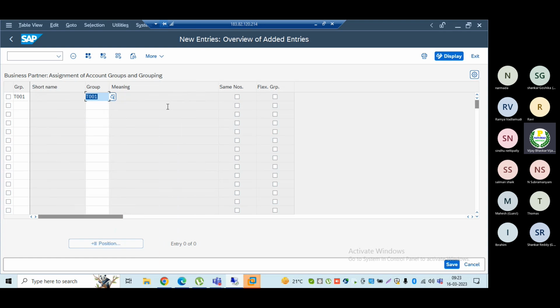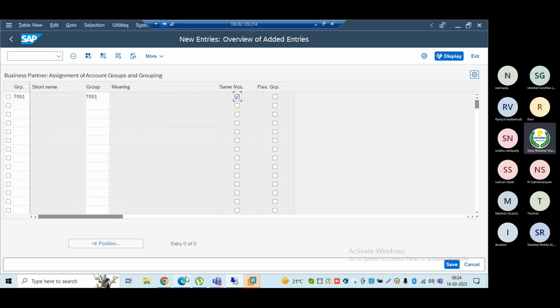Select this one. Now you need to understand whether your business partner number and your vendor number should be the same or not. How will the system decide? If you select this checkbox, then your BP number as well as your vendor number will be generated the same by the system. Otherwise, the system won't generate the same number. You must select that.